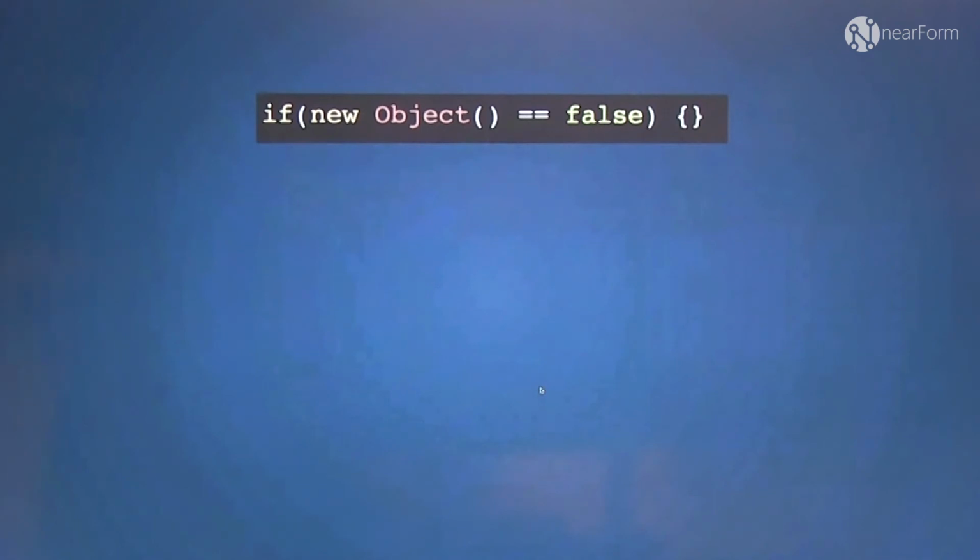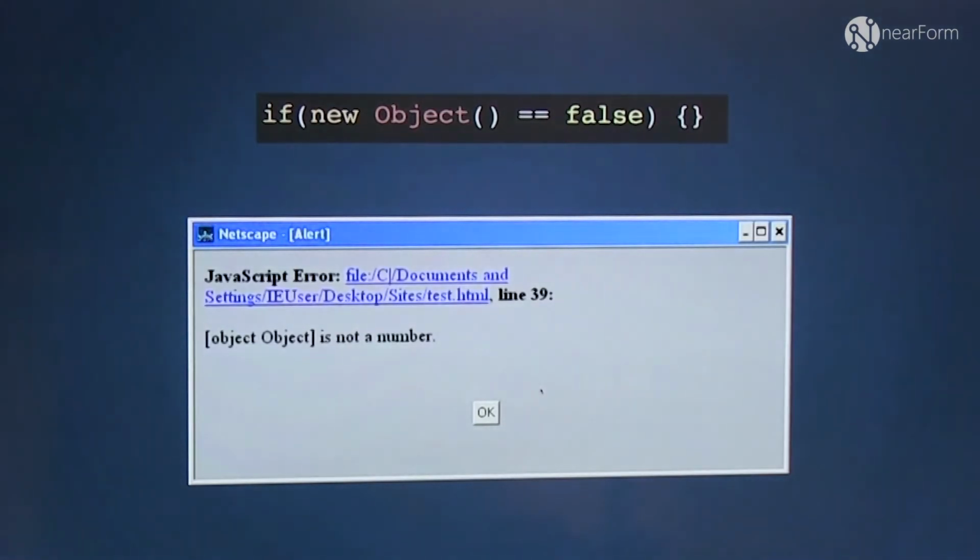So on the left side of the comparison, we have a new object. On the right side, we have a boolean value. This will end up in a pop-up saying that the left side of the comparison couldn't be coerced to number. That's also a very, very bad decision for me.